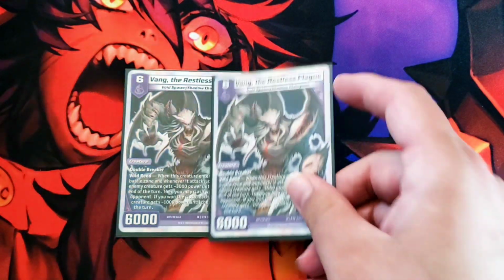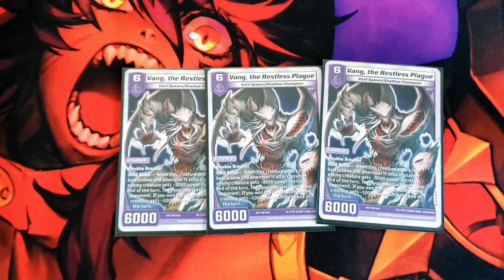You, of course, have to play 3 copies of Vang the Restless Plague. This card was going to be, I feel, latter levels of play, if it were to have been released. 6 for 6,000 Void Spawn with Double Breaker. When this creature enters the battle zone and whenever it attacks, you can target a creature and it gets minus 3,000 power until the end of the turn. And then you can clash with your opponent, and if you win the clash, all of their creatures get minus